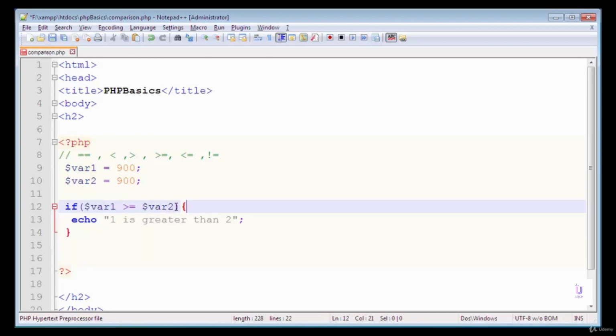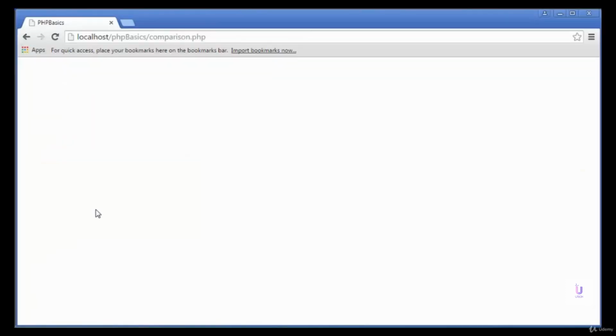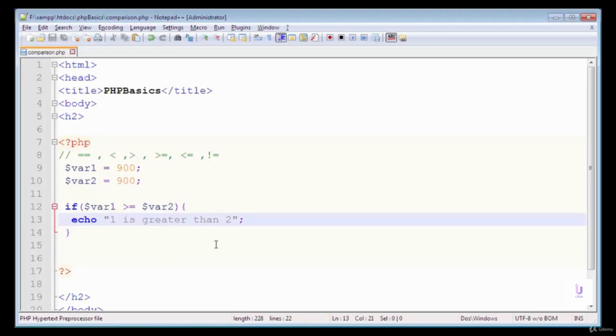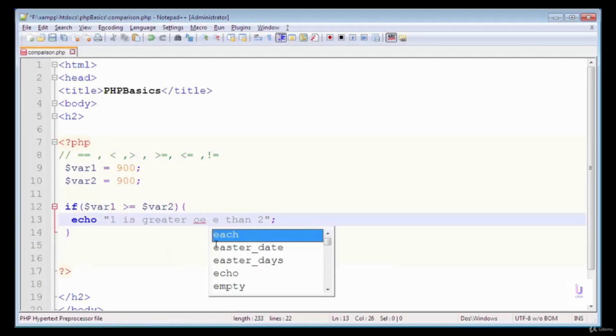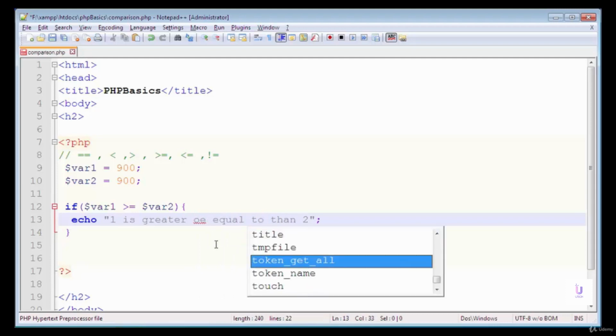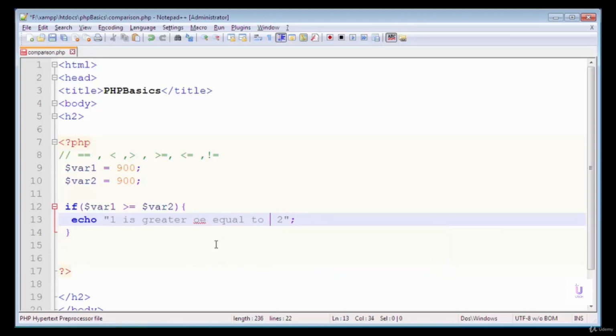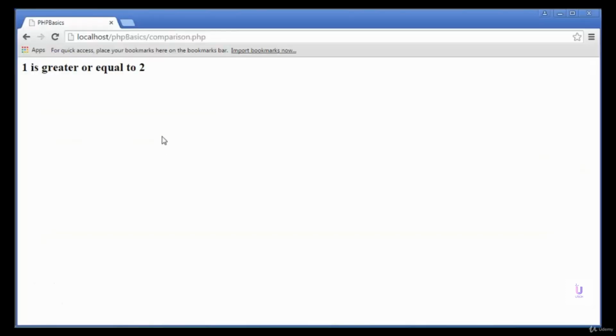If one condition from both of these conditions is true, then this message will be displayed on the web page. Now save this file, open in the web browser, refresh the page. You can see that 1 is greater than or equal to 2.